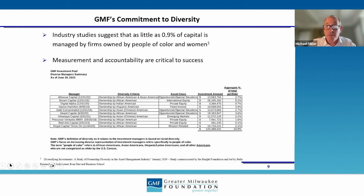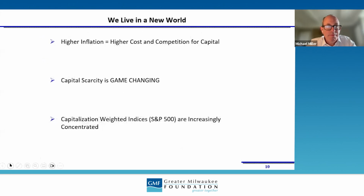25 is a very solid number, obviously dwarfs 2 and 0.9. Although we don't really care about the 2 and the 0.9, that's insanity. 25 is good. 30 might be better, but it's all based on the talent we find and the opportunity set and the ability to take advantage of variant perception. So we'll jump to the next slide. And here you can see a change. Now I'm going to shift gears on you a little bit,